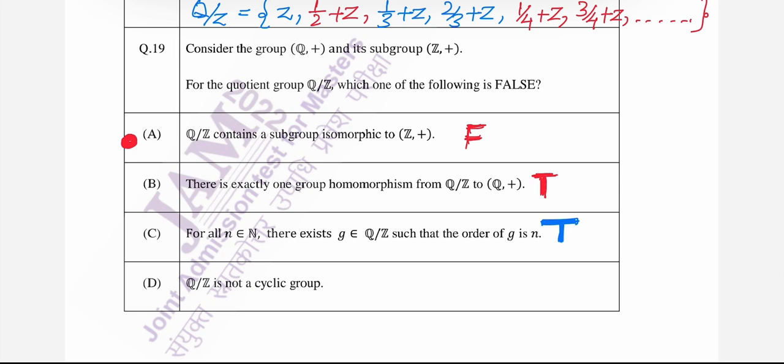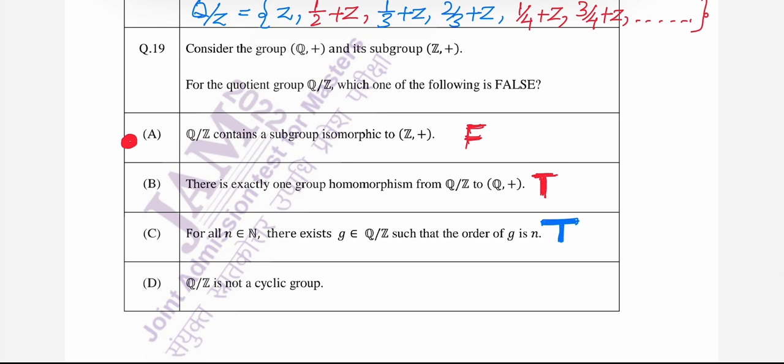Among those properties, there is a property that every cyclic group has a generator, an element which can generate the entire cyclic group, that means all elements of that cyclic group. But here in Q by Z that I have written at the top, there is no element which can generate